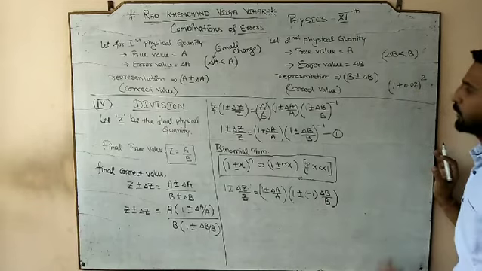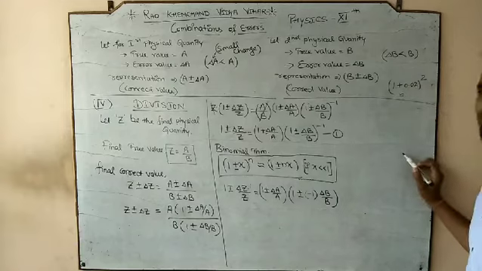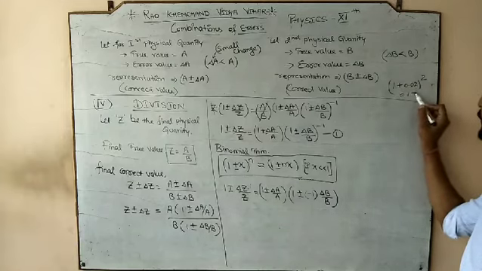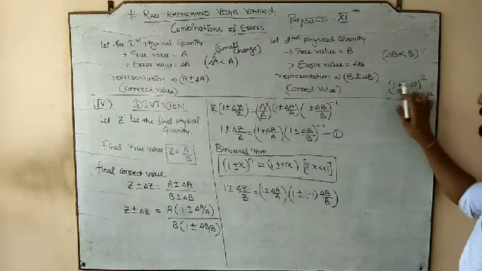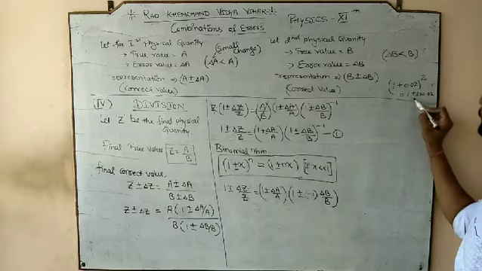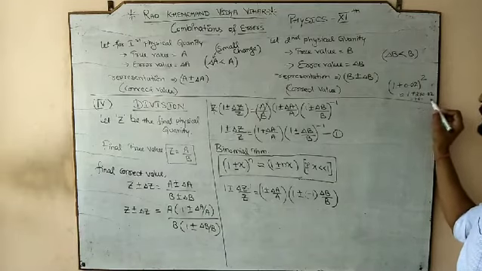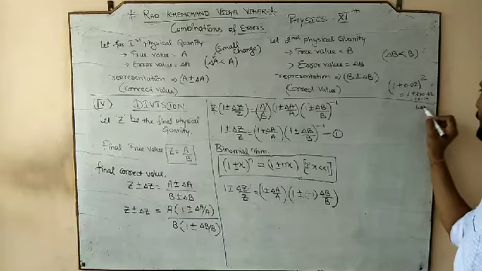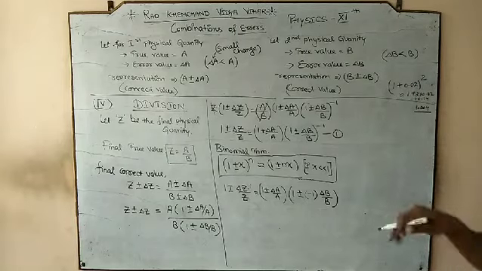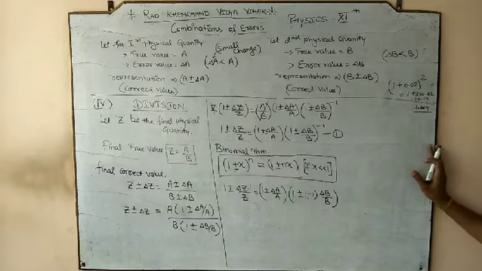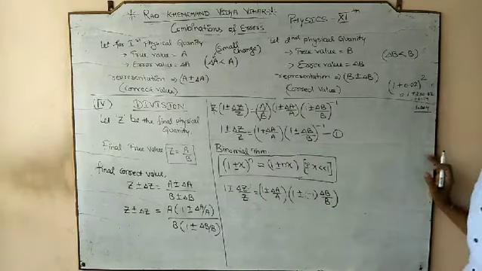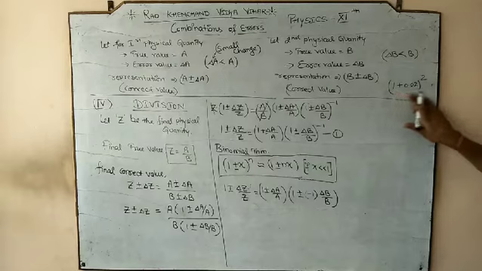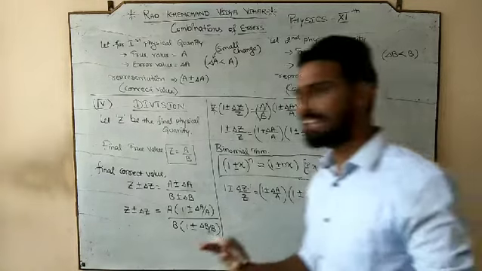But according to binomial theorem, this should be nearly equal to, I am not saying exactly equal to, but nearly equal to 1 plus 2 into 0.02, 1 plus nx, because this is very less than this, and it would become 1 plus 0.04. Answer would be 1.004, nearly. Try करके देख लीजिए, आपका आंसर लगभग इतना ही आएगा, लगभग. So for that, this formula is applicable. This formula does not say it would be equal to, it says nearly equal to. So that's why this binomial theorem can be applicable. You can try at your home for any expressions.